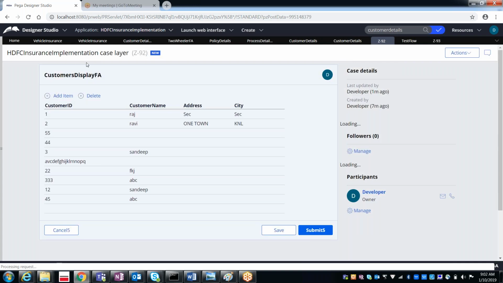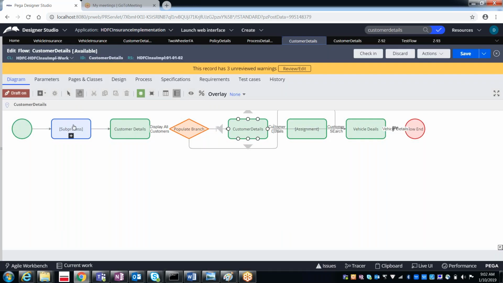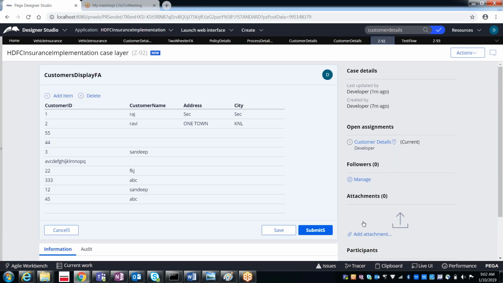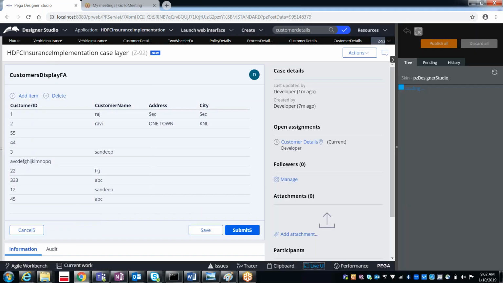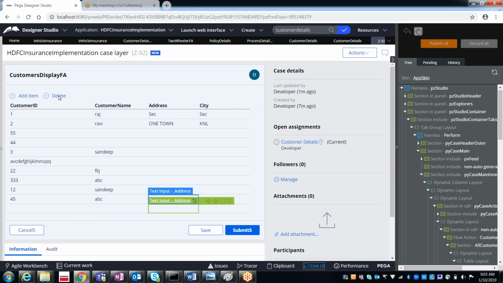So now I came out of the tabbed screen flow. Now this is not a tabbed screen flow. So then what is this flow? This is the standard flow. Now I came out of the tabbed screen flow and presently I am at the display all customers, that is the customer details assignment. Which harness is it referring to? It will not be the tabbed screen flow now. Then what is this flow name?